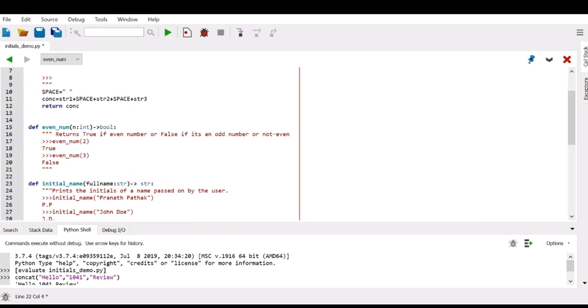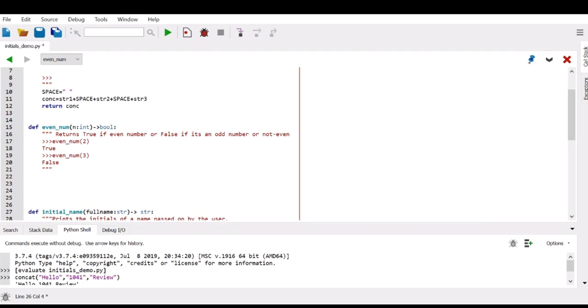Okay, so first thing first, every time we create something like a function or we write some code, we need to understand the logical or mathematical reasoning behind it. So the reasoning behind a number being even is that it should be fully divisible by 2.